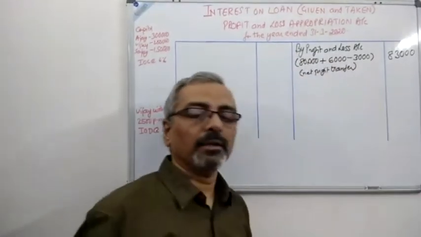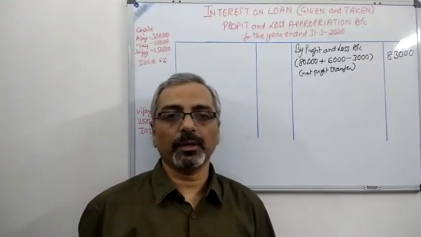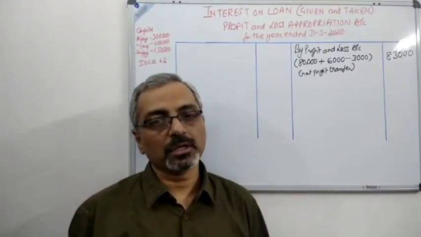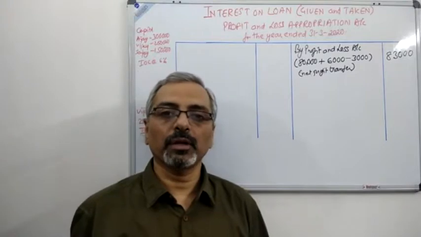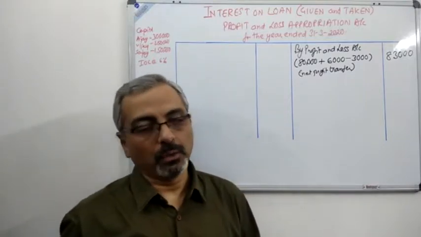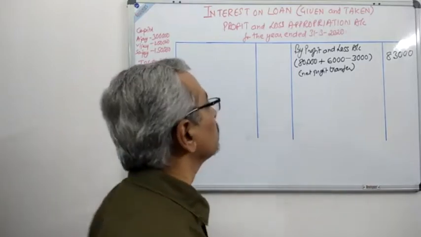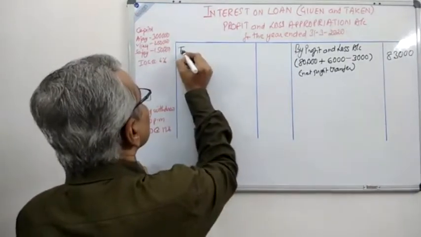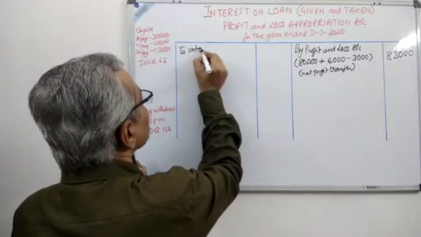I'm telling again that the question has only asked us to prepare the profit and loss appropriation account. If they had asked us to prepare the profit and loss account, then this treatment would have been in the profit and loss account. Now let us move on with the first information